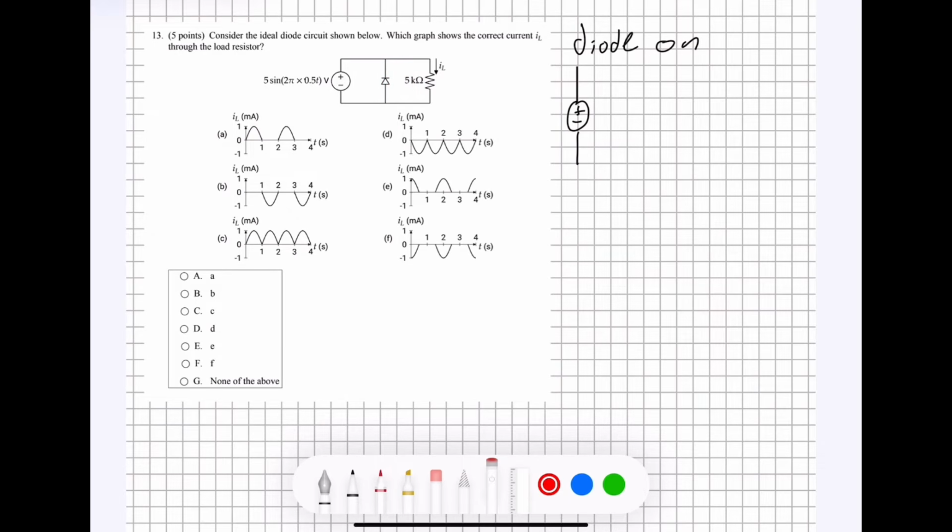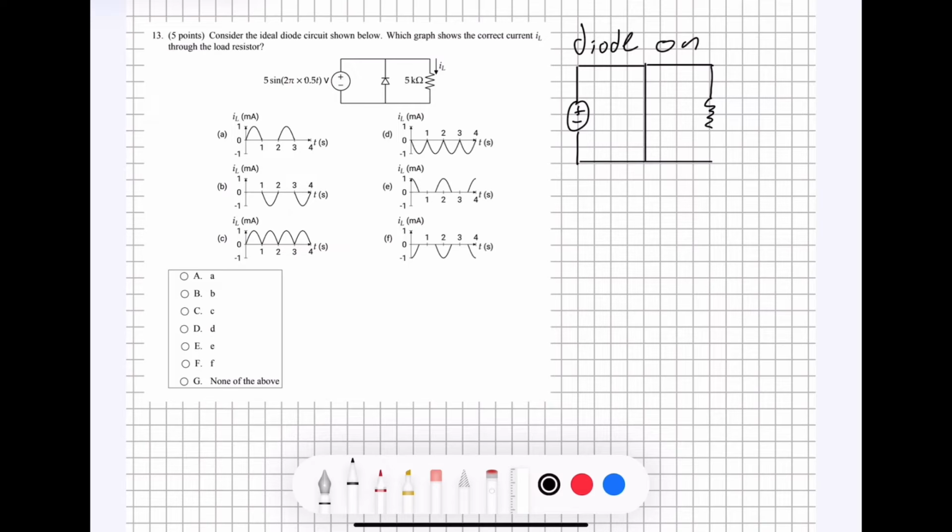But if there's current flowing in the opposite direction, then the diode behaves like an open wire. It's not going to let any current through, which essentially means that the diode is going to behave like an open circuit at that point. So knowing these rules about diodes, we can now redraw our circuit to show the two states of how the